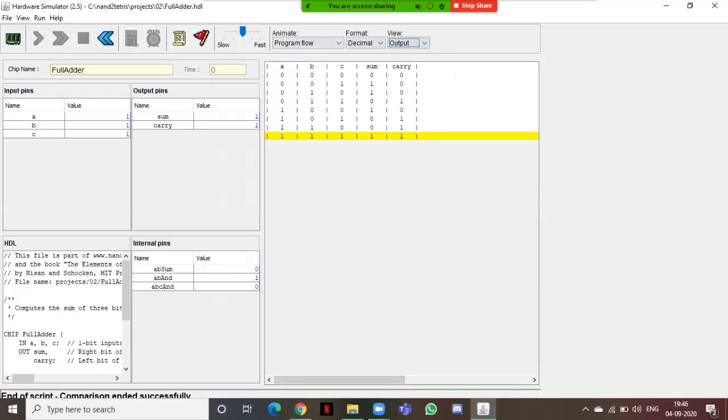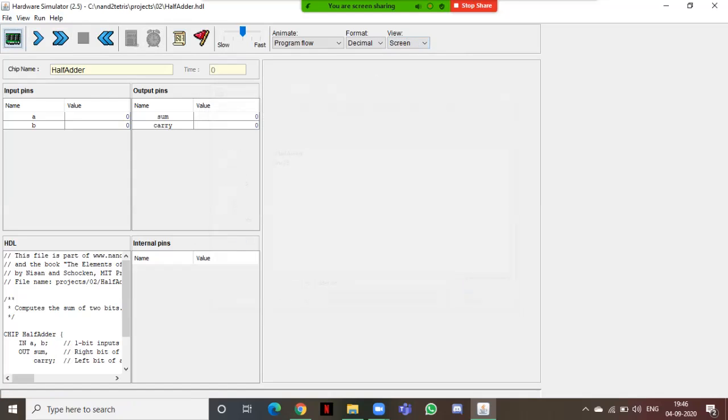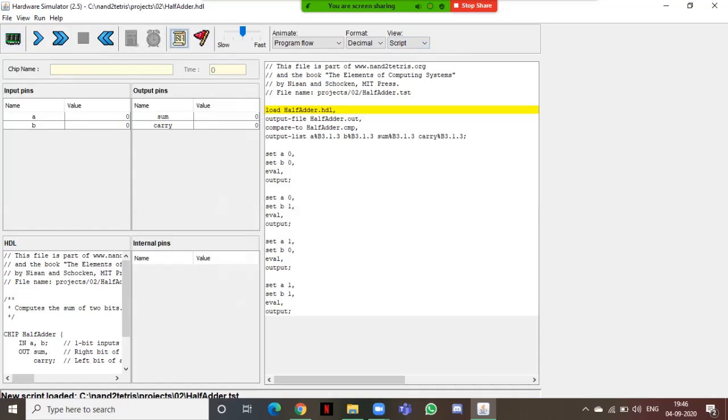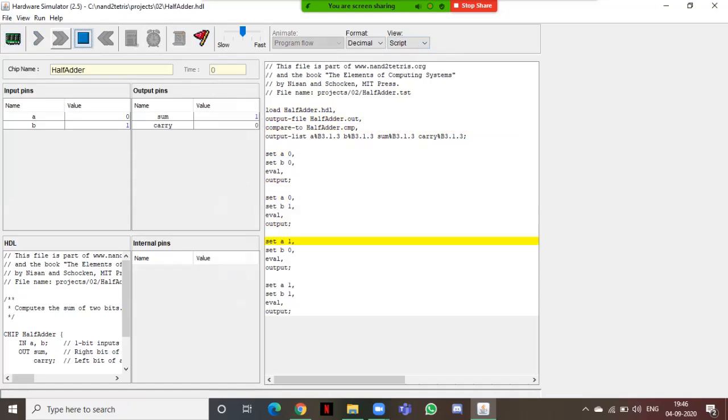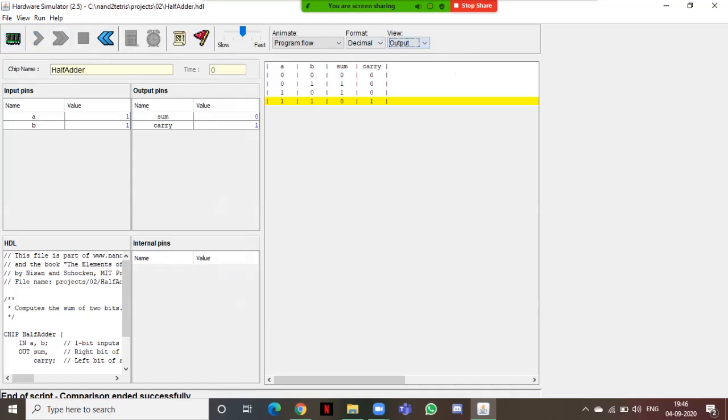Here we encounter sum and carry. These are the two outputs. And when we compare, this is perfect. I'll show you the half adder once again. I'll load the script for the half adder and we'll run it. Coming to the output, see, here also we got sum and carry.